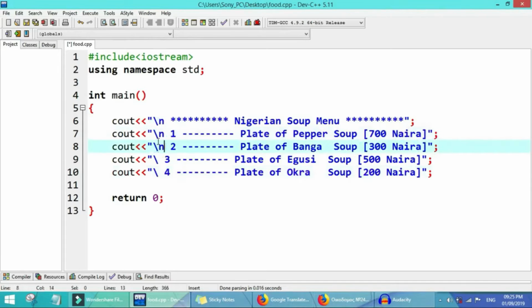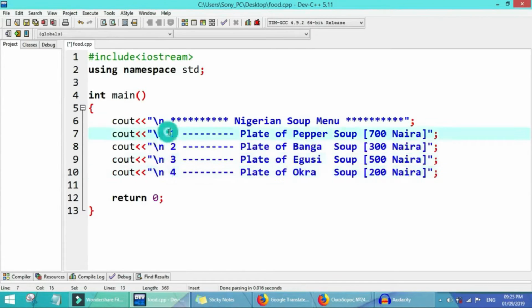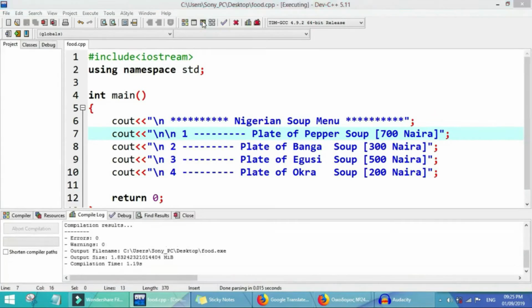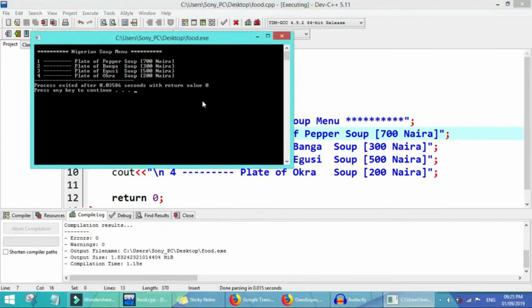We no forget with our end line. So we run am as it be. So we get plate of pepper soup 700 naira, plate of banga soup 300 naira, plate of egusi soup 500 naira, and plate of okra soup 200 naira.